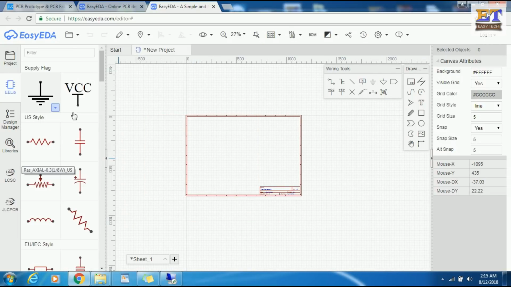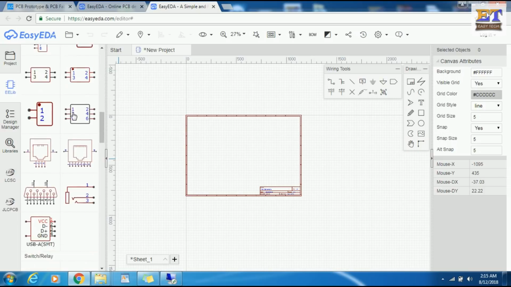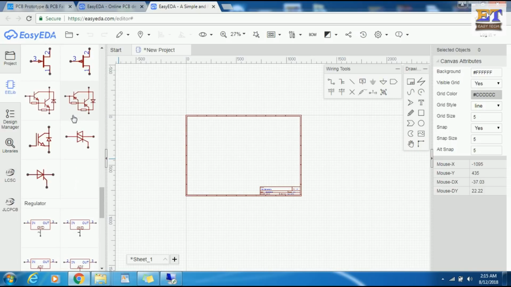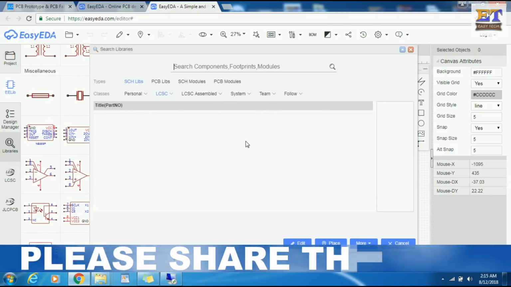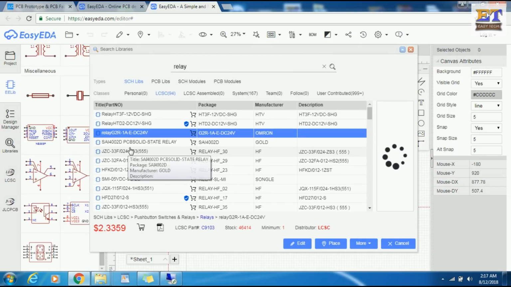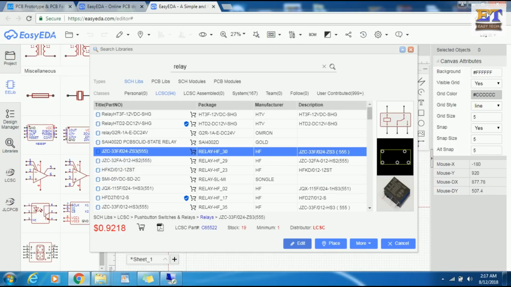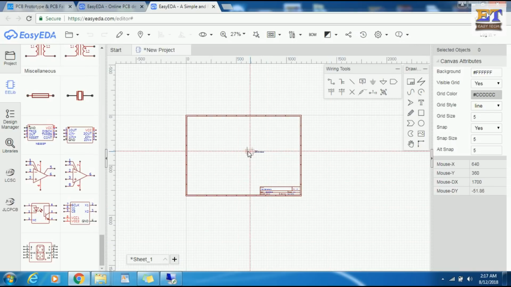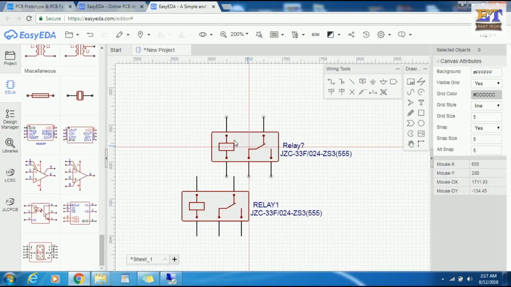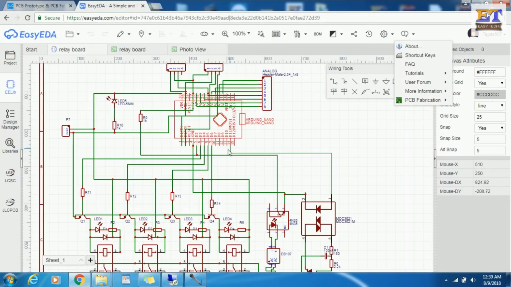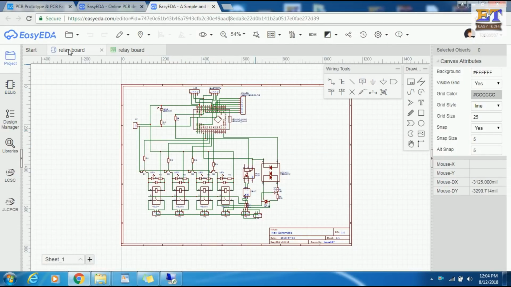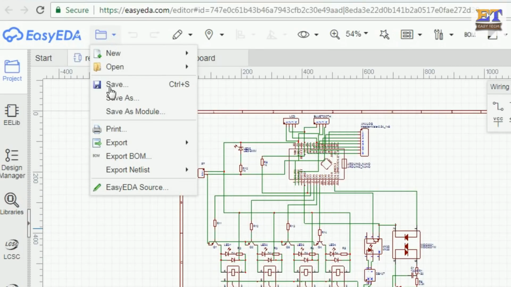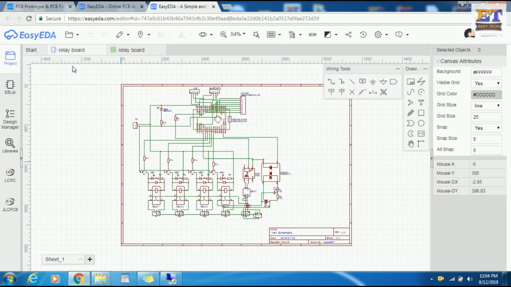Here on the left side there is a parts list for the basic components required to make the PCB. If you don't find a component in the list, you can search for it in the library. Type the component's name here, select your component and place it on the workspace. After placing all the parts on your workspace, connect them to each other via wires. After completing your circuit design, save your circuit,